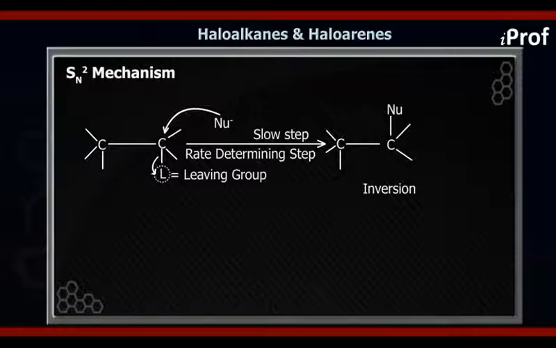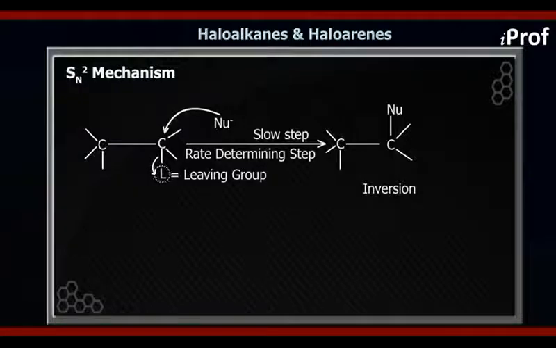In the transition state, a weak bond between the carbon and the incoming nucleophile is being formed, which is shown by the dotted or dashed line. Similarly, at the same step, the bond between the carbon and the leaving group weakens, and again we show it by dots or by a dashed line.